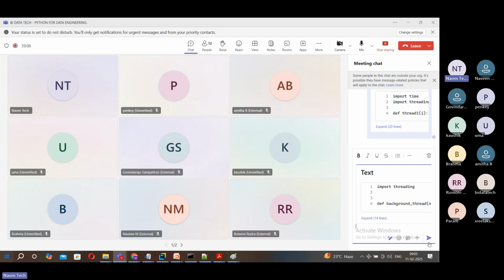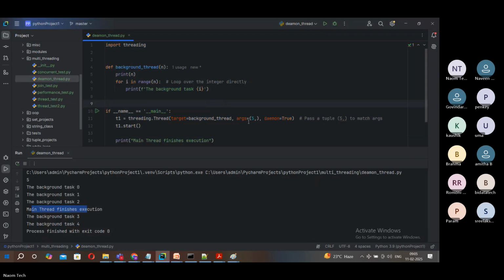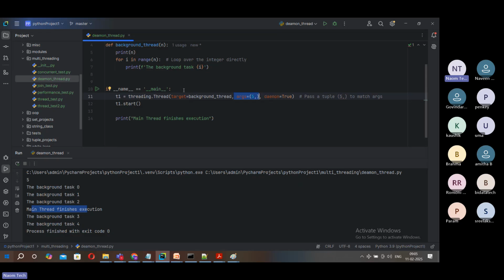I think this is clear about demo threads. Next one is, got it right. Finally, this parameter is important. That's all. And if you want to pass some parameter to a thread, this is how you have to pass it, as a tuple. So finally, we are done with demo threads: how to create it, how to make a thread a demo thread, how to pass parameters, all this stuff. Okay, next after that is